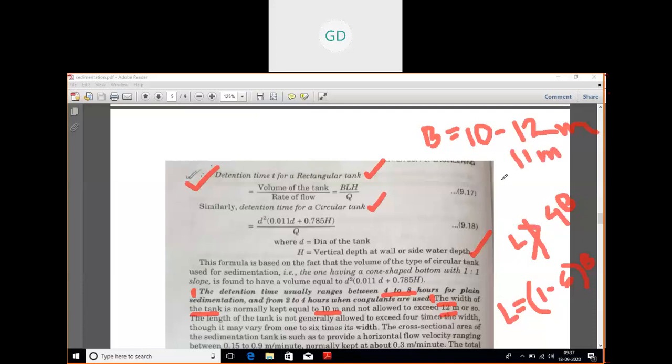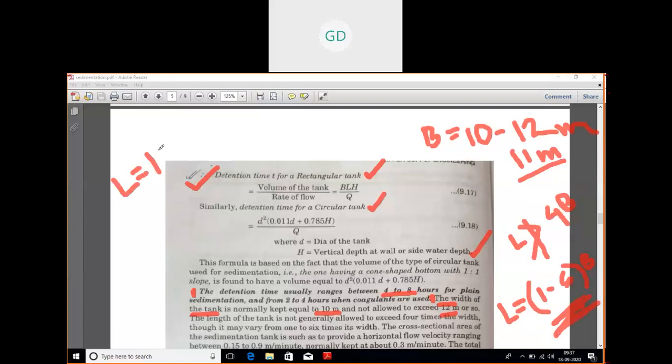If you now have to find the length, it cannot be greater than 4 into 11. That will be 44. So the length of the tank is not allowed to be greater than 44 meter. But the length can vary between 1 to 6b, which means it can be 1b,